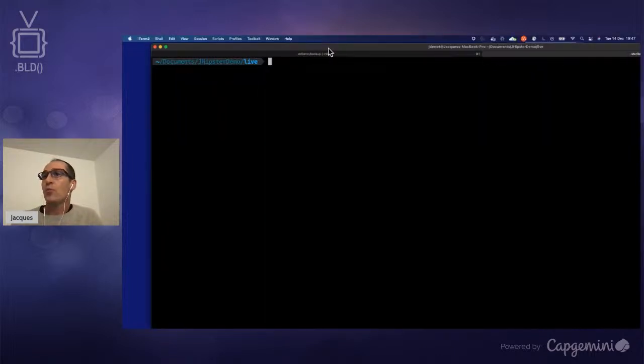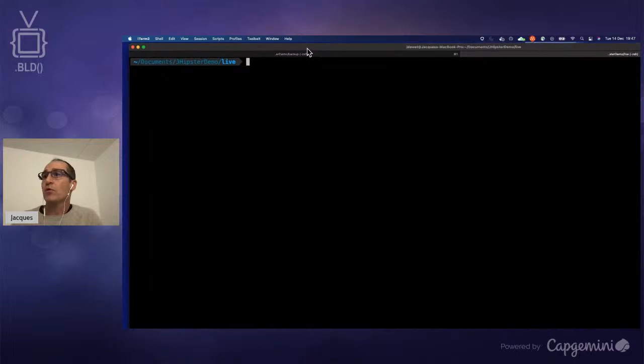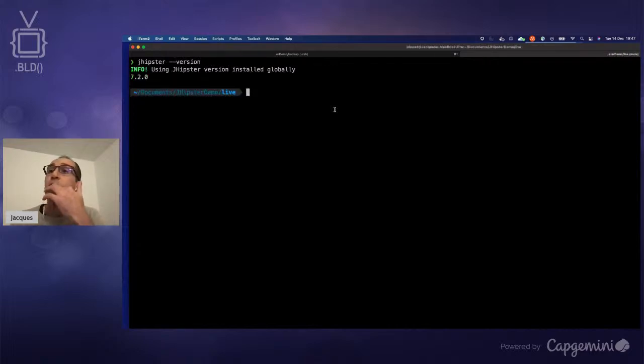So I hope this is clear enough, but I've got JHipster pre-installed already. If I type in jhipster version, I'm not running the latest. I'm running 7.2.0, which doesn't matter. But what we're going to do now is create a full-blown application which consists of a backend as well as a front end. So let's get started. How we do that is just type jhipster,